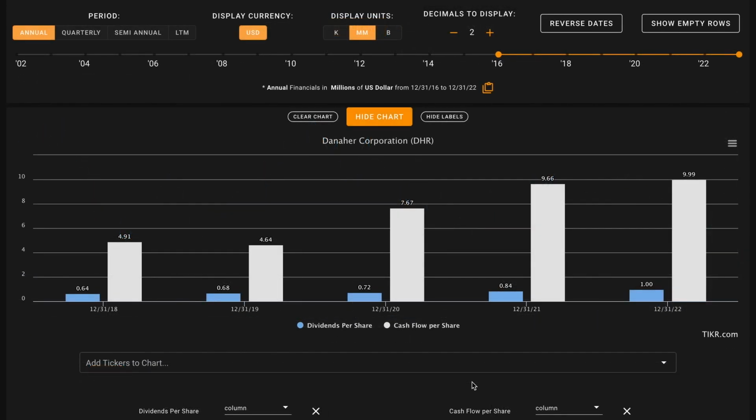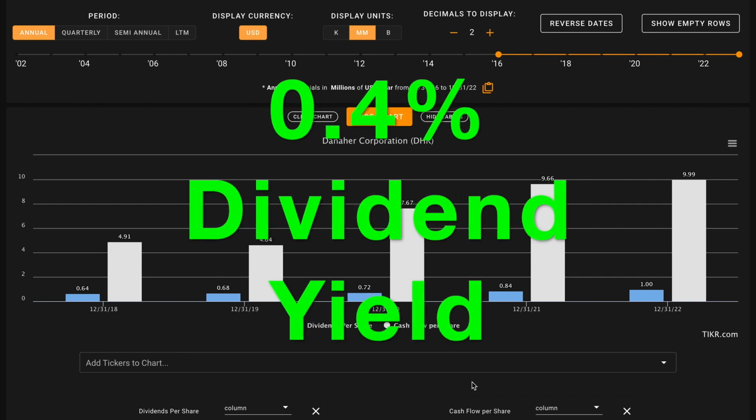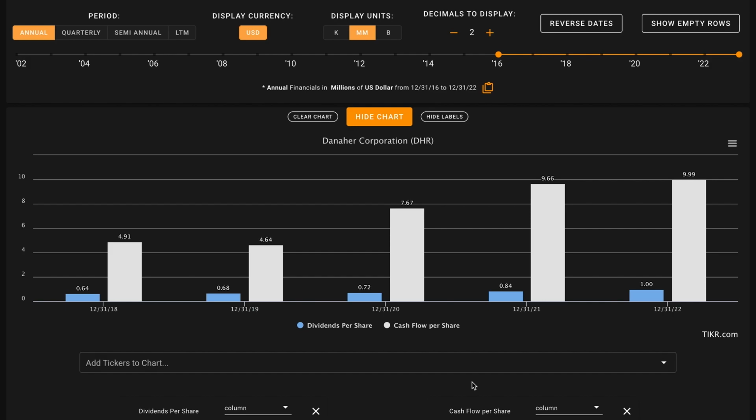As our bonus, here we're looking at Danaher's dividend profile. So Danaher has steadily increased their dividend payouts in all 5 of these years, and they've supported their dividends with their free cash flows in all 5 of these years. Danaher is currently paying out a modest 0.4% dividend yield, and it looks like the business has an extremely modest dividend payout ratio of less than 25% in all of these years, and just about 10% in their most recent